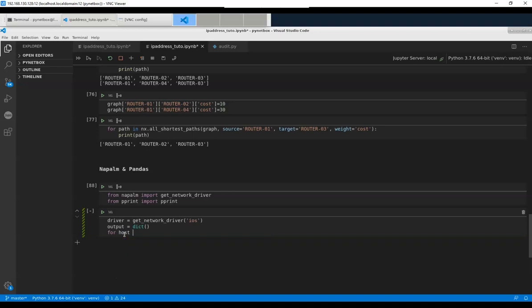Then I will create my for loop, so for host in. If you remember, we create in the second video a hosts loopback dictionary. This variable contains routers and IP address. So for host in hosts loopback dictionary, I create my IP is the hosts loopback dictionary for host. Then I will put try except